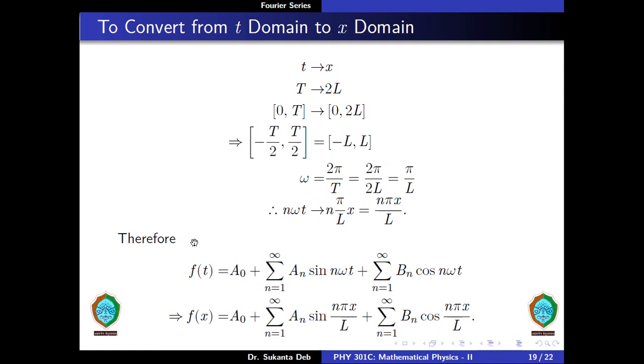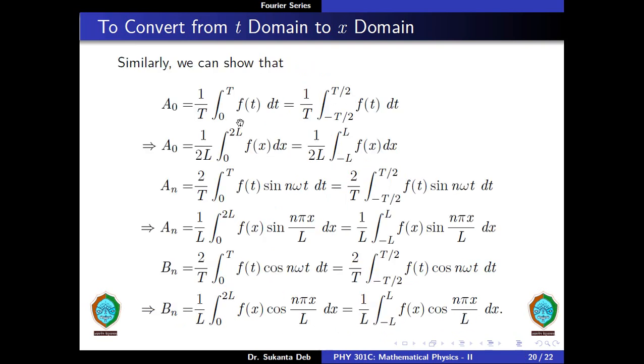So therefore we write down the expression for the Fourier series in the time domain, and substitute the corresponding values of the time domain with the values of the space domain. So t is replaced with x, and this n omega t is nothing but n pi x by L, and similarly here we replace n omega t by n pi x by L, and therefore the Fourier coefficients become